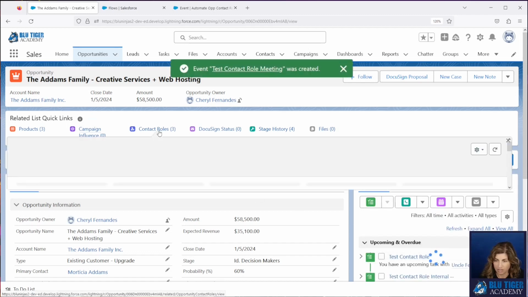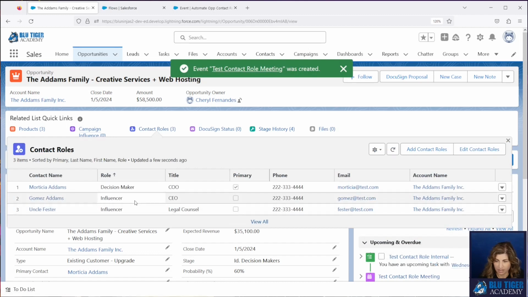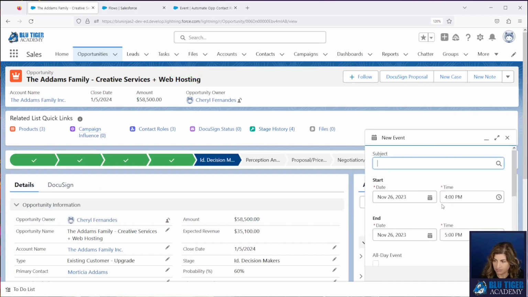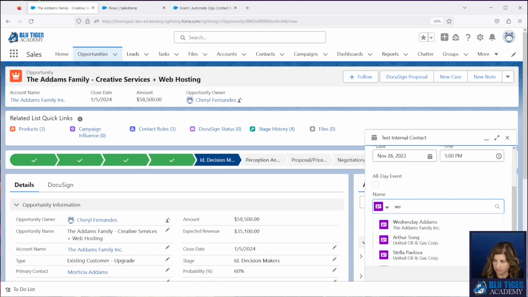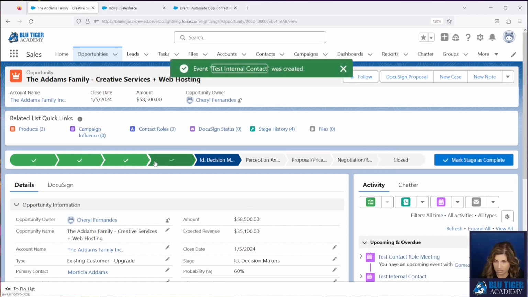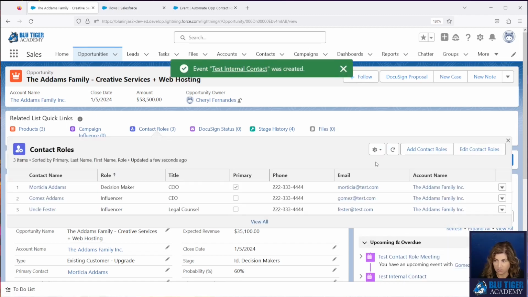Now we should see contact role for Gomez Adams, which we do. Role is influencer. It's perfect. Now let's test adding Wednesday. And we should not see a contact role get added, and we don't. All right, so our event flow is working too now.